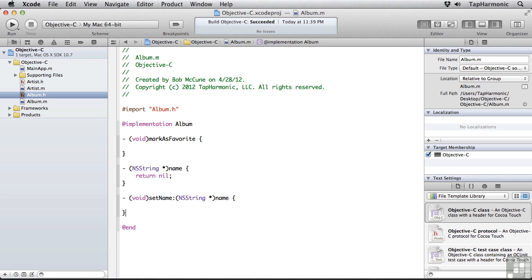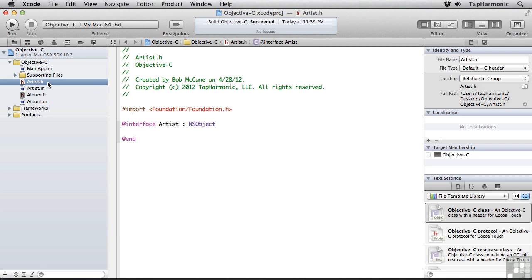Now that works fine for a method that takes a single argument, but methods can also take multiple arguments. Now, a unique and somewhat odd aspect of Objective-C is that parameters are always named. So for instance, if I wanted to add a method to artist to be able to order a particular album of a particular quantity, I would do so as follows. So I'll switch over to my artist.h file, and I want to add a method called orderAlbum:quantity. So this will be an instance method, and I'll call this orderAlbum. This will take an argument of album,